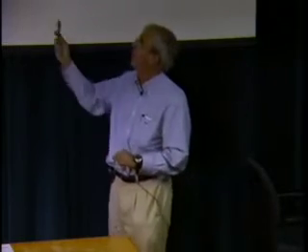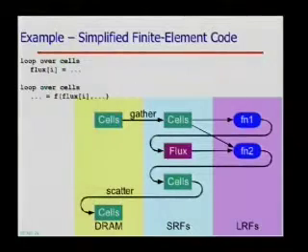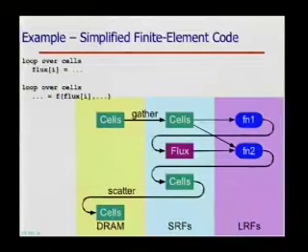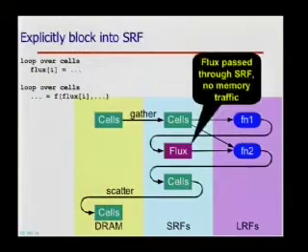Here you never cycle the memory because the compiler knows it can allocate this array in the stream register file, materialize it there, consume it there. It's now dead. You don't have to worry about it anymore. So that's the first thing. The other thing is, even in the cases where you had to go out and get a piece of a data structure from main memory, in the case of gathering the cells in and scattering the cells back, you were able to do this explicitly and have everything there when you needed it, so there were never any misses. I think that these balloons now say all of this.